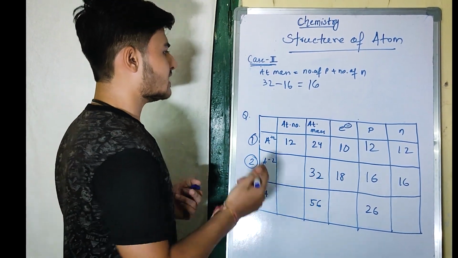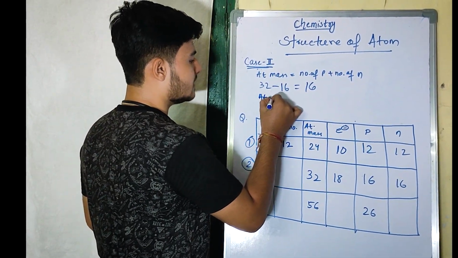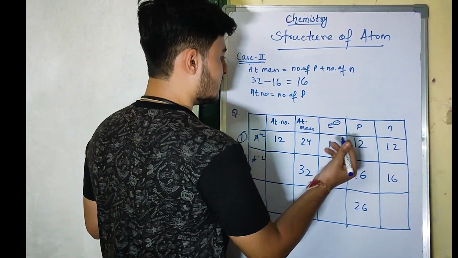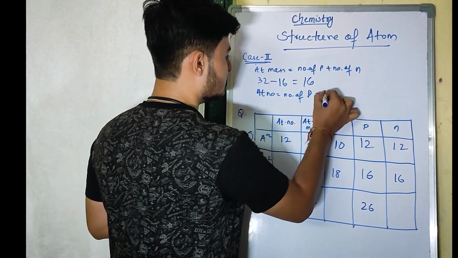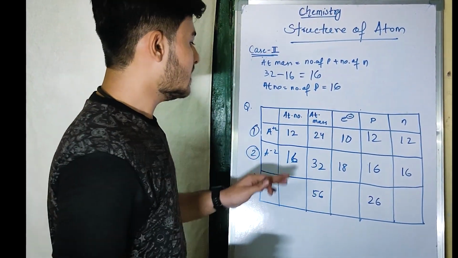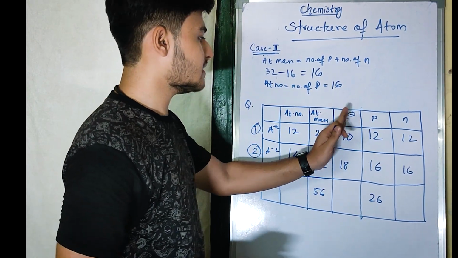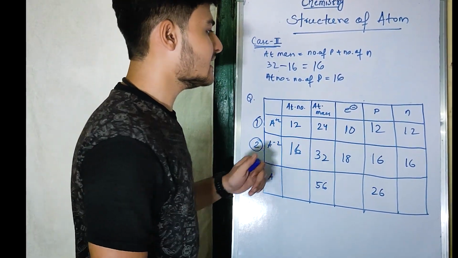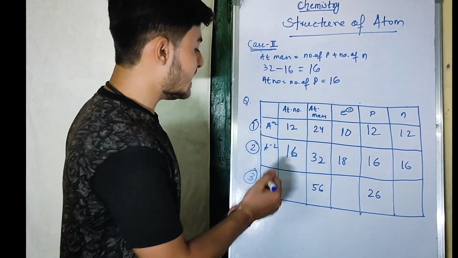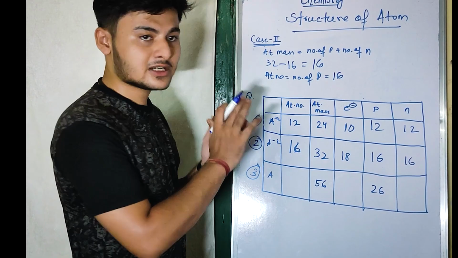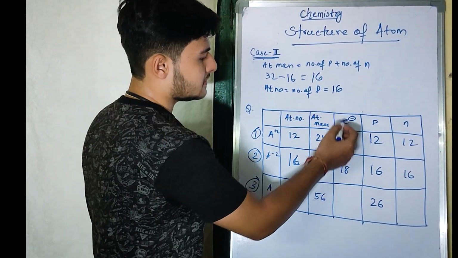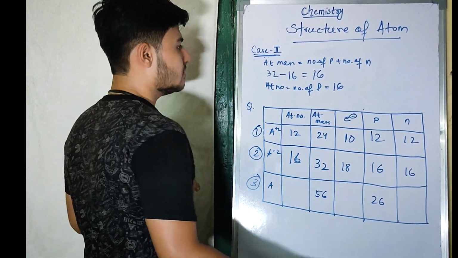Now we have the proton count as 16 and the neutron count as 16, so we can find the atomic number. We know the atomic number is equal to the number of protons, so in this case the atomic number will also be 16. But how do we find the electrons, if the electron count has not been given? A minus 2 has been given. As I told you before, whenever minus is given, we have to add 2. So it is ultimately 18. Now we will go to case 3.